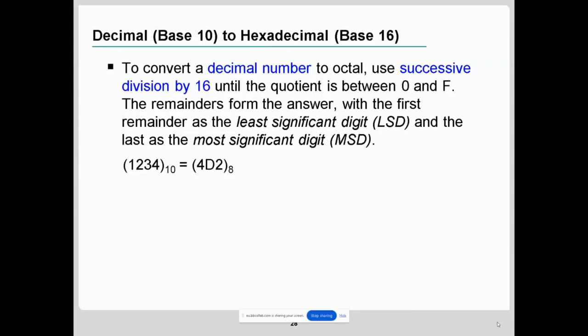Now what's the thing? 1, 2, 3, 4. If you want to convert it to hexadecimal, so we should divide it by what? 16. So we will divide it by 16. Okay. So now we can do 1234 divided by 16. So 16 sevens are 112. 1, 1, 12. The remainder is 1,